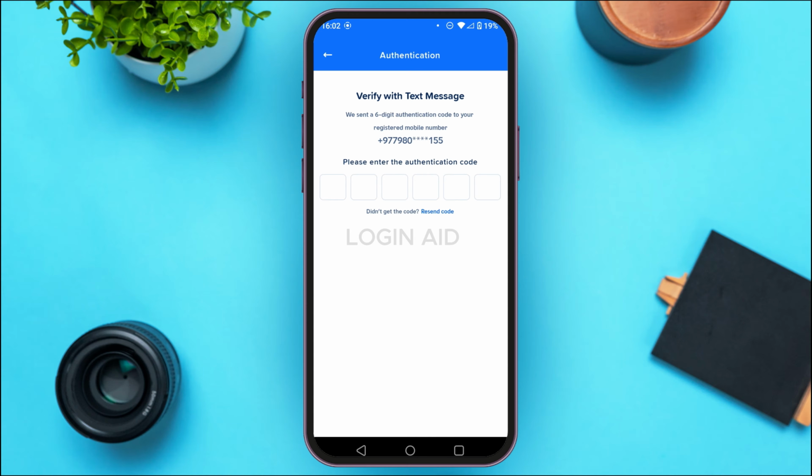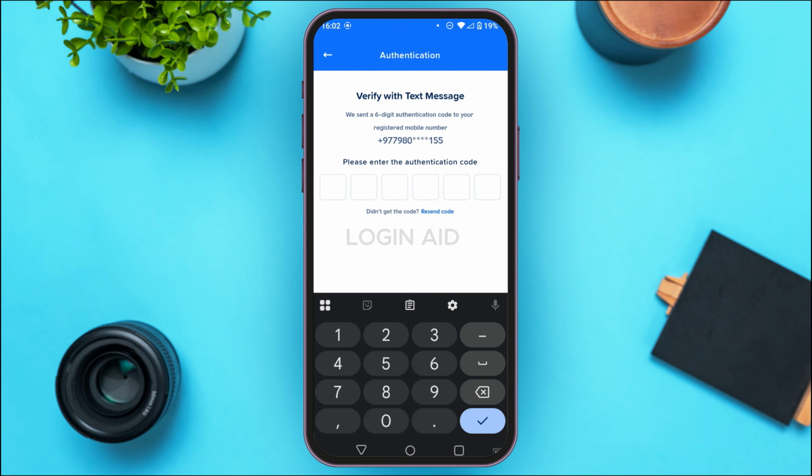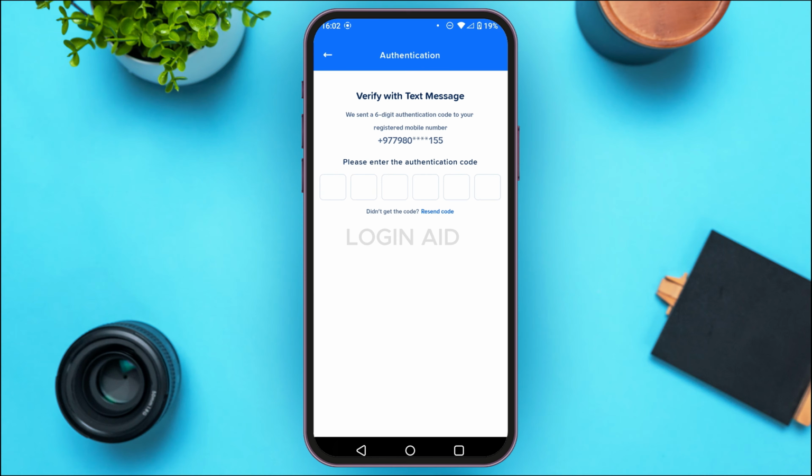Now once you do that, you can see over here a 6-digit authentication code will be sent to your registered mobile number. What you have to do is simply enter the authentication code over here. Due to some reason, I'm not able to receive the authentication code right now, but I'll tell you what to do. What you have to do is simply enter the authentication code and you'll be able to proceed creating